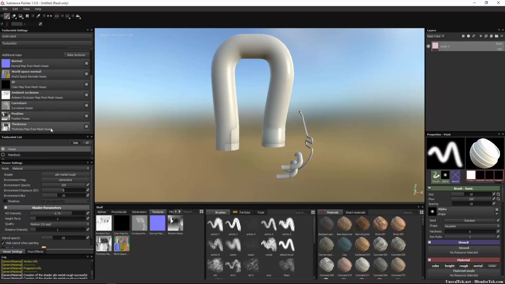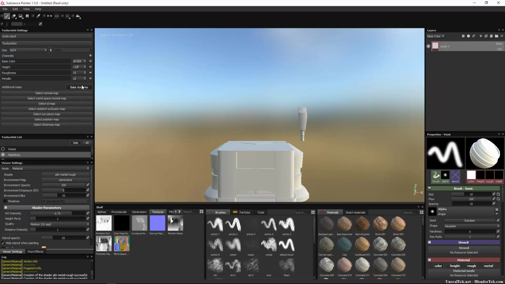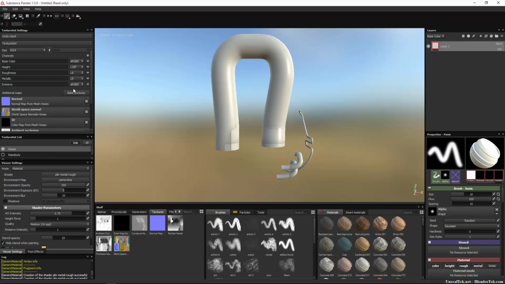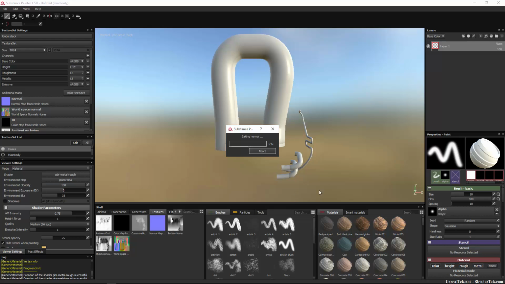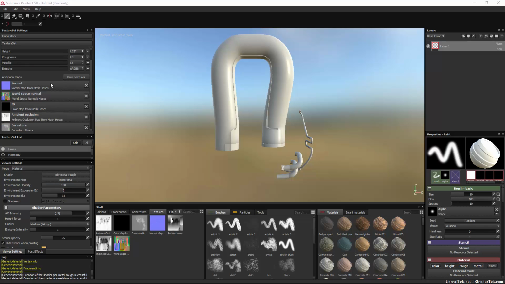So now we're going to move on to the main body. We're going to do the exact same thing. I totally forgot. Let's go back to hoses, and we got no details at all in those. Bake textures, we forgot to enter in our mesh. So let's select our high definition mesh, and that would totally make a difference. So I'm going to rebake that. Sorry guys. So with that making a lot more sense and looking a lot better,